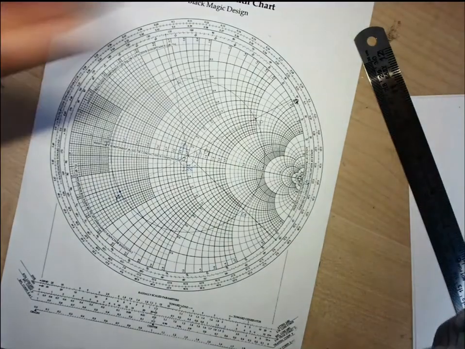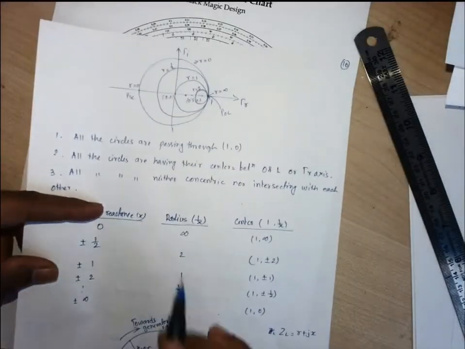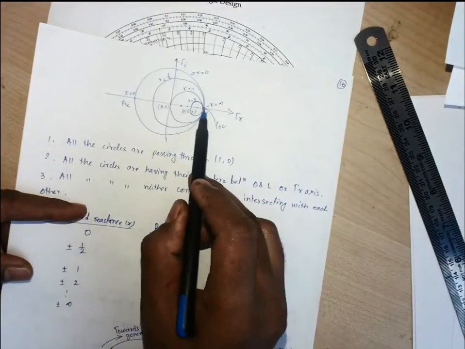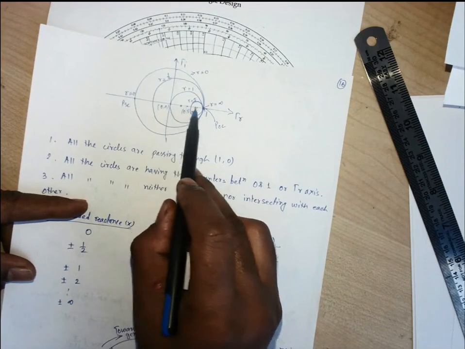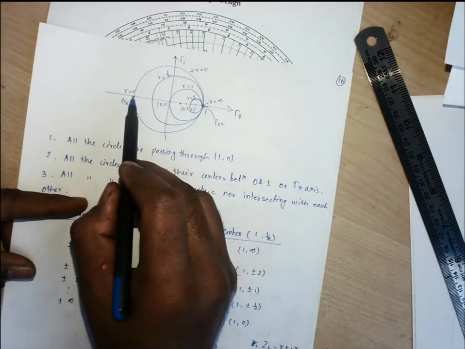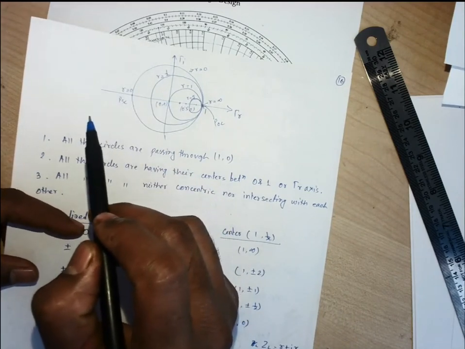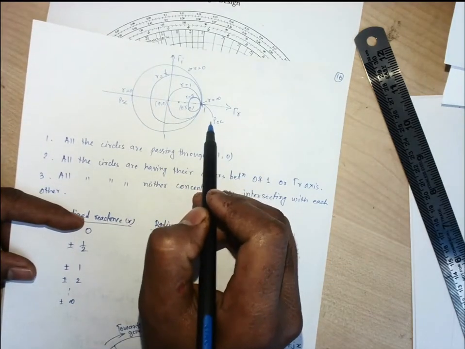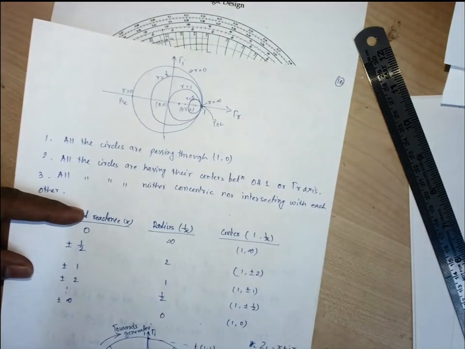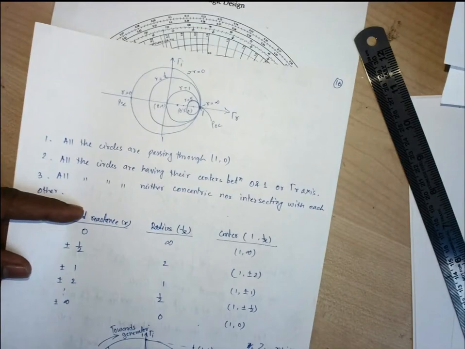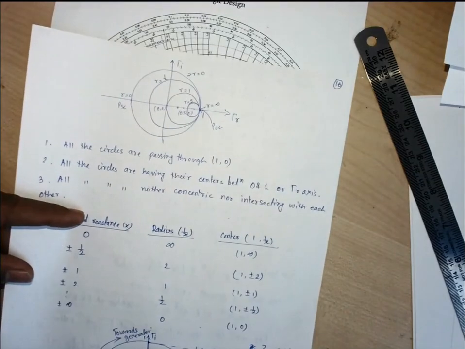So if you can remember at the beginning, as I said, since it is the open circuit point, from this origin towards this point, it is the location of Vmax. On this part, it will have the location of Vmax. As it is the short circuit point, from origin to this side, it will have the location of Vmin, isn't it? Open circuit, maximum impedance, it will have the location of Vmax on this right hand side part of the gamma I axis. If we are having the short circuit point at this side, it is having the minimum impedance, so we can say it is the location of Vmin.